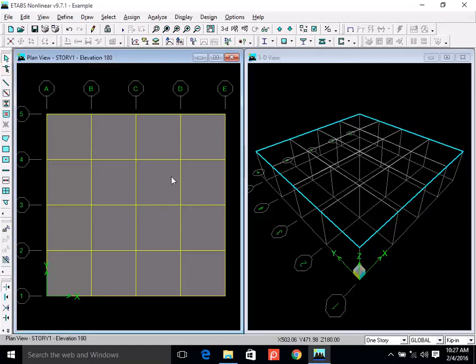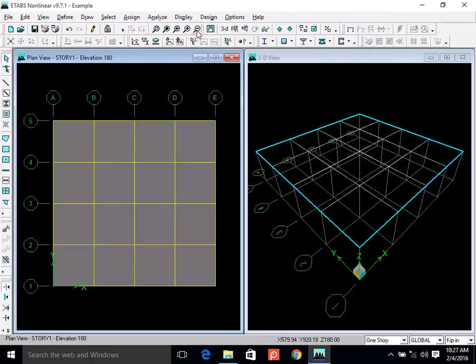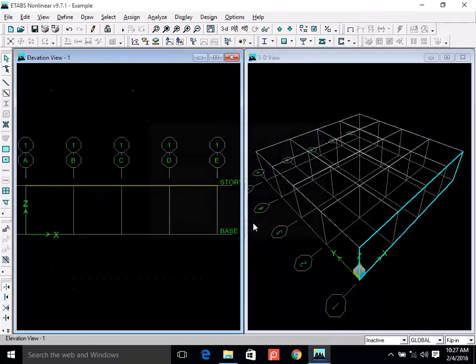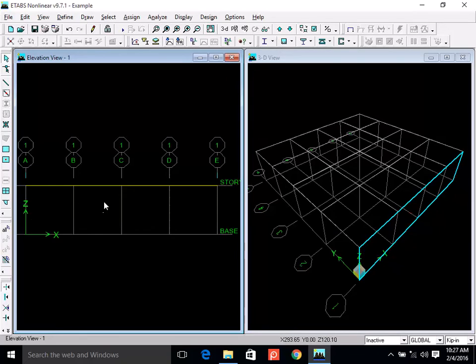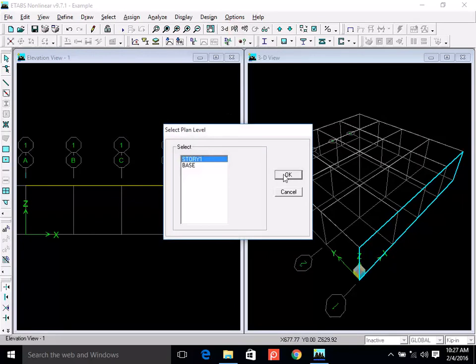Okay, next thing is columns. So we have plotted the columns previously. I told you how to do it. You can do it in plan. For example, a column is a line, right? So options must be here. Either you plot the column in elevation. I look at elevation number 1. I can plot these columns 1, 2, 3, 4 like this,